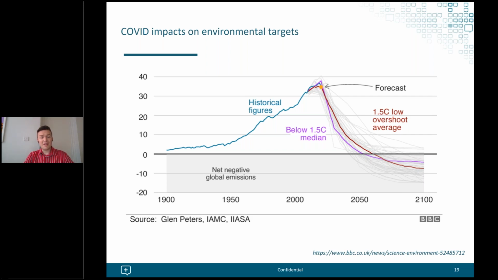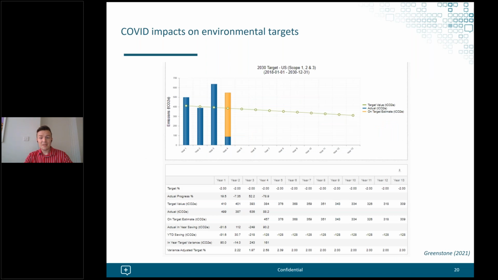And then when we look at it in the context of an organization and a business, there's just a screenshot here from the Greenstone software. We see a lot of companies setting longer term targets. And so one of the challenges when setting these longer term science-based targets or net zero targets is the in-year reporting. So the companies now that are in year 2, year 3 of those targets, what they're wanting to do is look at how they're doing towards those overall targets, and then carrying out variance adjusted calculations for how that target may then need to flex for them to still be able to achieve their longer term reporting goals.